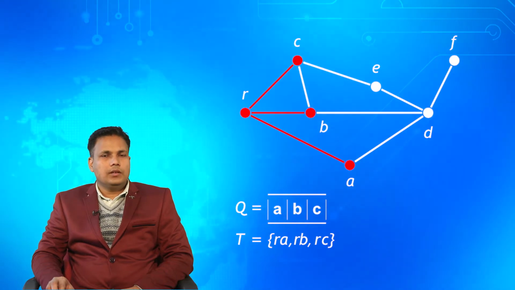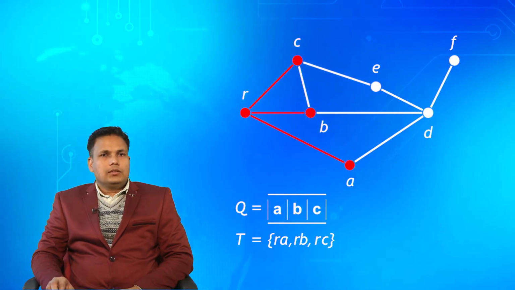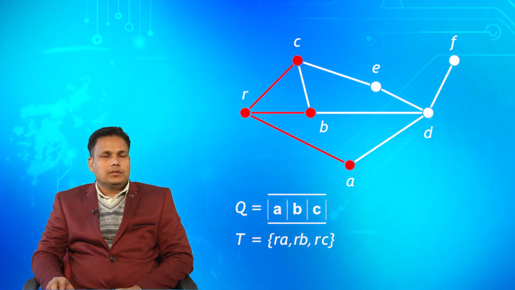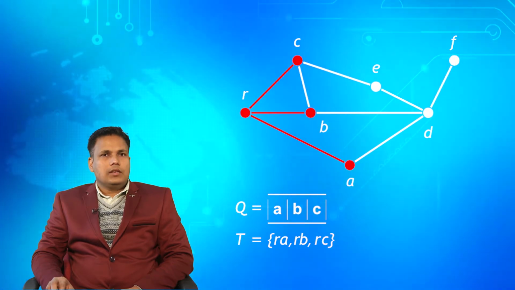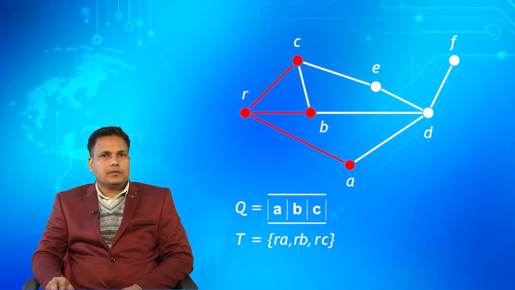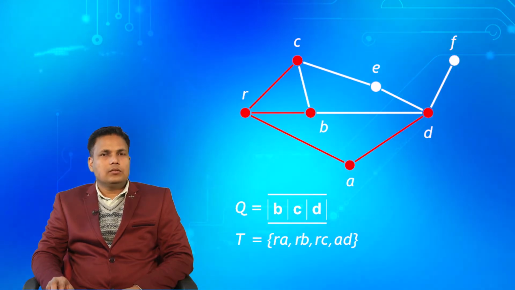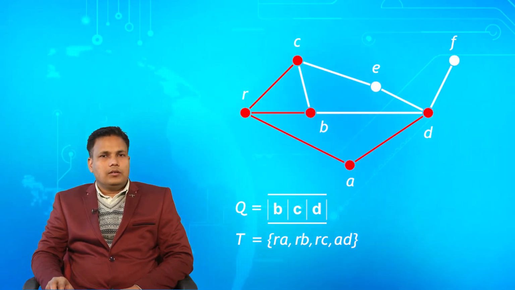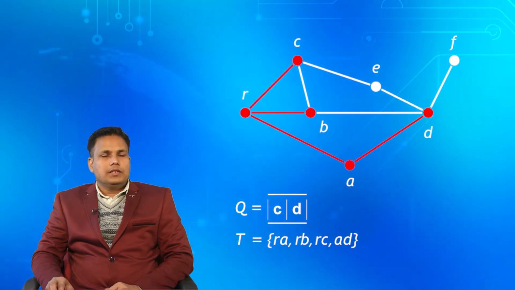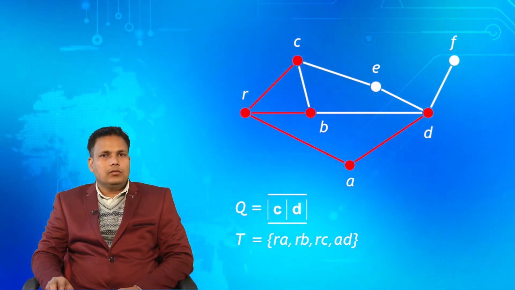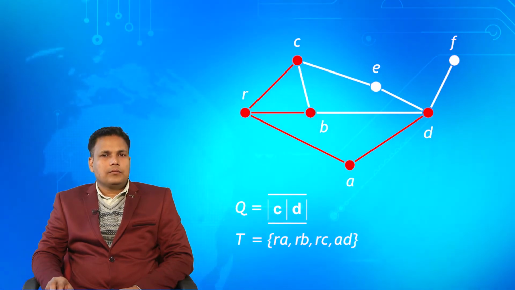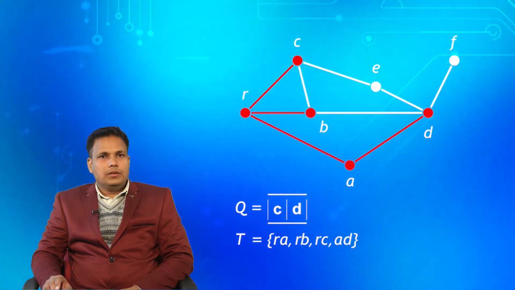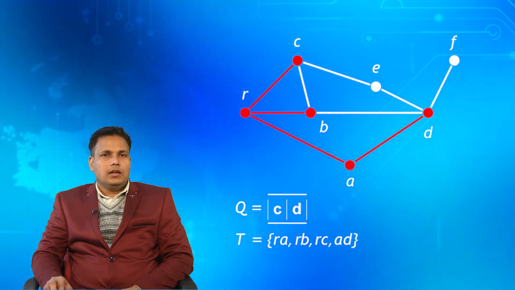So again you can see that Q has 3 elements B, C and D. So we remove the first element, which is now B. So now we shall visit all the unvisited neighbors of B. So you can see that the neighbors R and C have already been visited, and of course D is also visited. So there is no other unvisited neighbor of B. So what we now do is just remove B from Q, and there is no change in the tree T. So B is now removed, and after removing B, the Q contains the elements C and D.